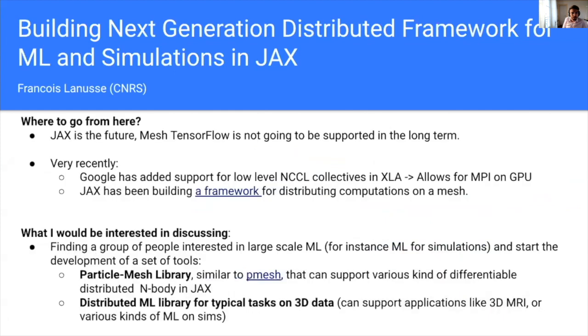the thing that I'm interested to talk about today with people who want to join the discussion here is where do we go from here, and can we assemble a group of people that would be interested in promoting these tools? So distributed machine learning tools for application in astrophysics and cosmology to the next level. And so, for instance, one thing that I'd like to lay the foundations for is some type of particle mesh library that would allow you to implement your n-body simulations in something like JAX to automatically allow you to distribute them on many GPUs.